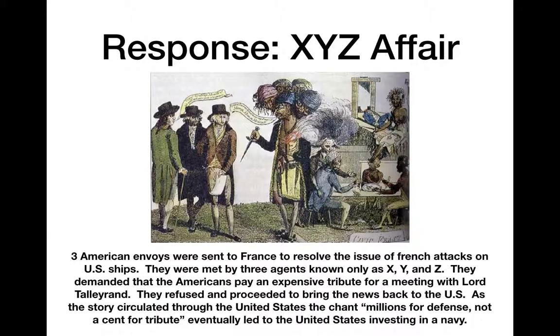This is when he sent three envoys or representatives to France to kind of figure out what they could do about this issue of France attacking U.S. ships. But unfortunately, they run into three gentlemen that become known as X, Y, and Z, and we call them French agents. They were hoping to have a meeting with a man named Talleyrand to see if they could figure this out, but X, Y, and Z